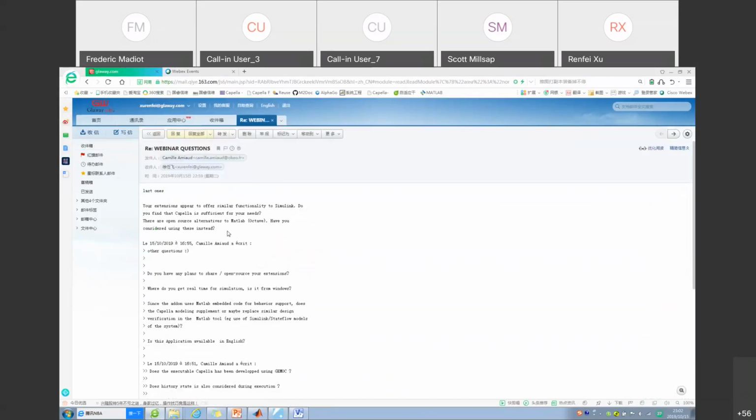We have another question. I'm sorry. Your extensions appear to offer similar functionality to Simulink. Do you find that Capella is sufficient for your needs? At least for our customers of this Radar Institute, the answer is yes. Because in Simulink, we don't have the operational analysis, the system analysis, the logical architecture, and the physical architecture. So Capella is more